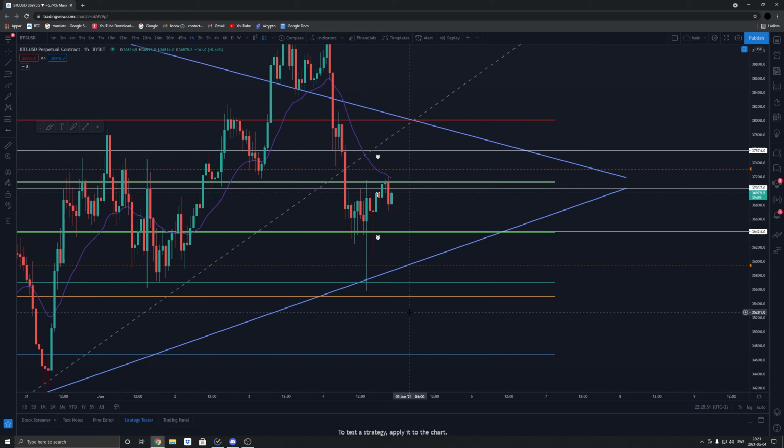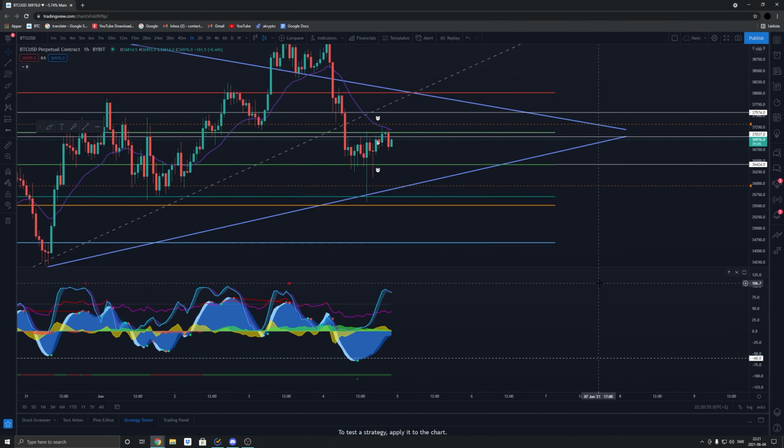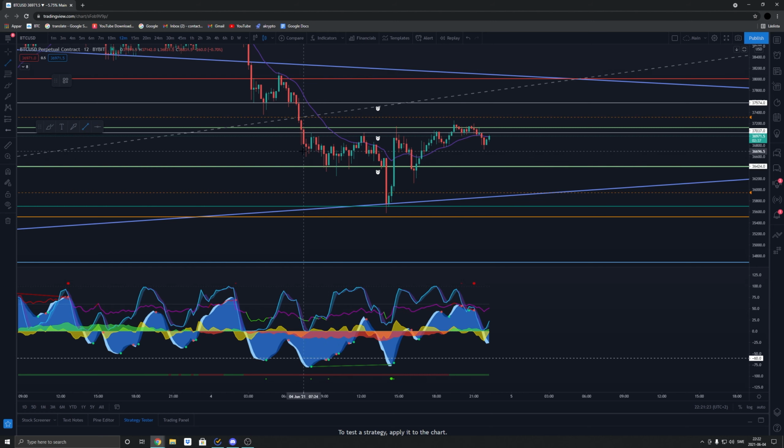How do I know that it's not gonna dump even lower? Well, that's when Market Cipher is coming in. So what I like to do is look at the lower time frames when we are coming down to a level where I could look for a long or short. By looking at the lower levels, we can see very clearly that the price is coming down,